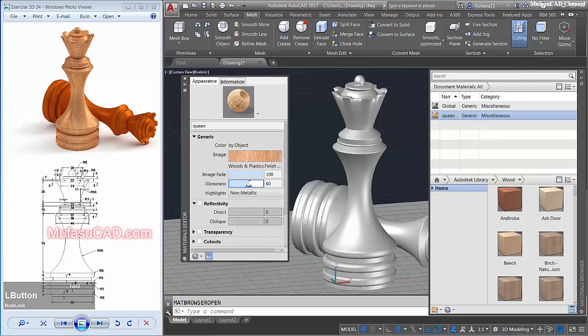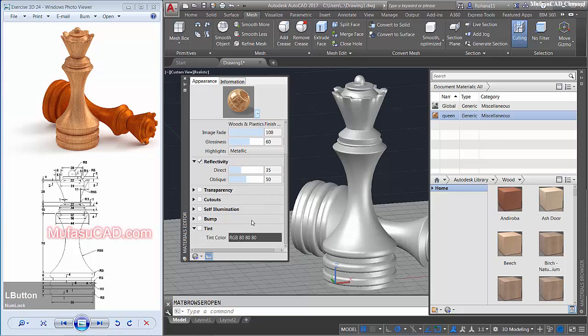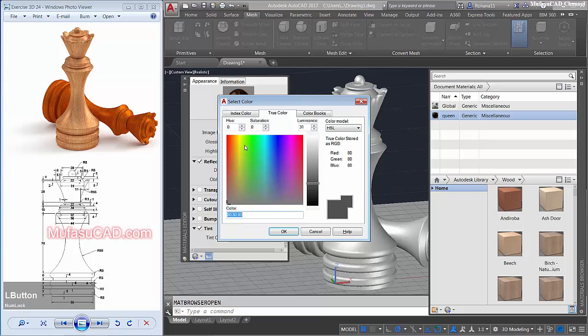Change glossiness into this point and highlights into metallic. Use reflectivity, I will set it to this point. Okay, and I will activate tint here and change the color into this color, move into here. Okay, I will change into this color.